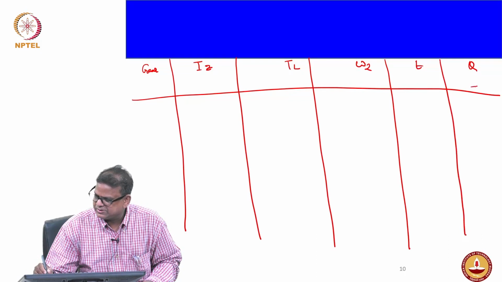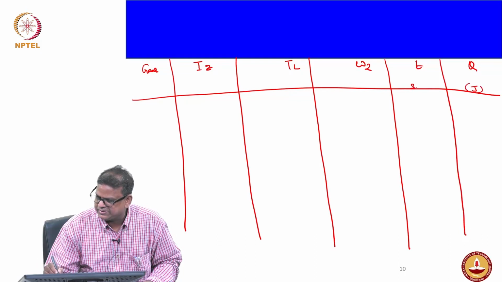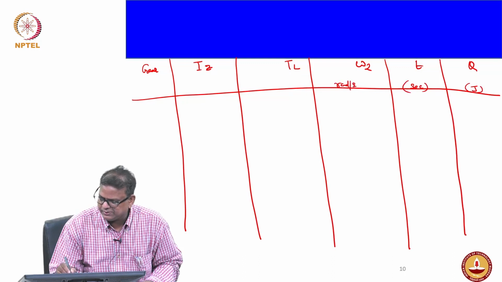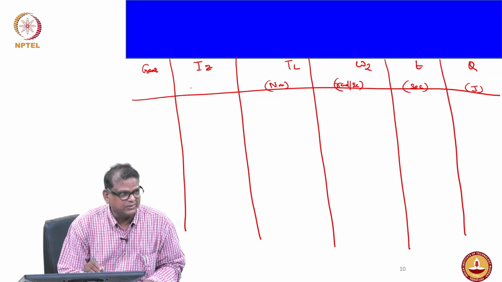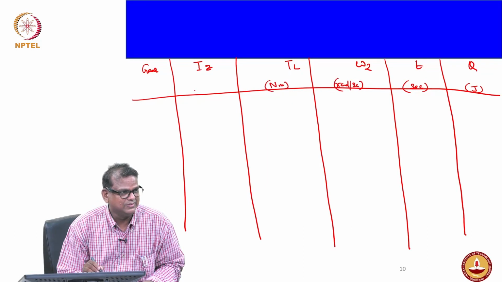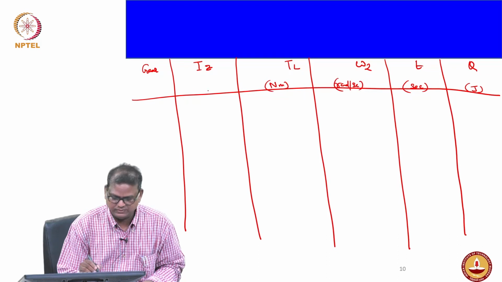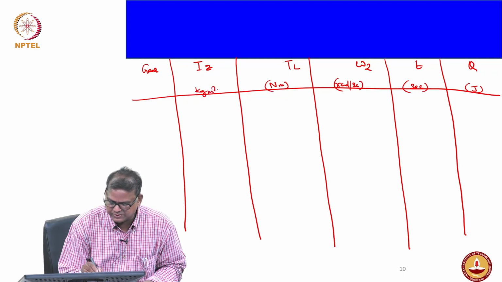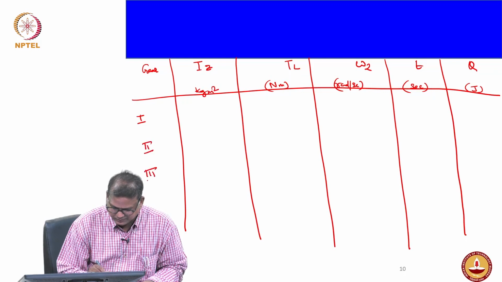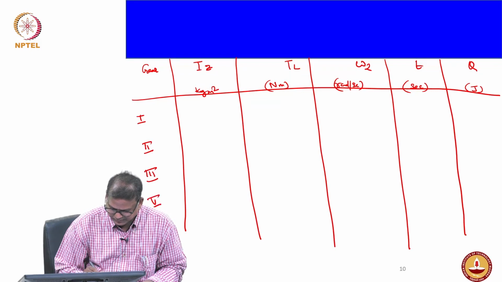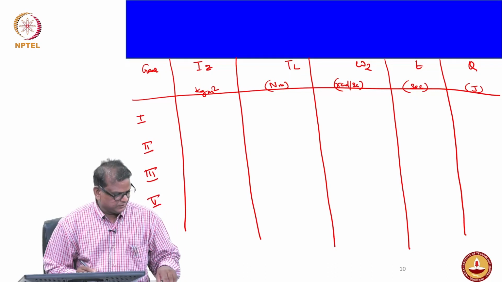This should be in joules, this should be in second, and this should be in radian per second. Yeah, this is Newton meter, and this should be kg meter square. The first gear, second gear, third, fourth and fifth. Okay. So, we know this is